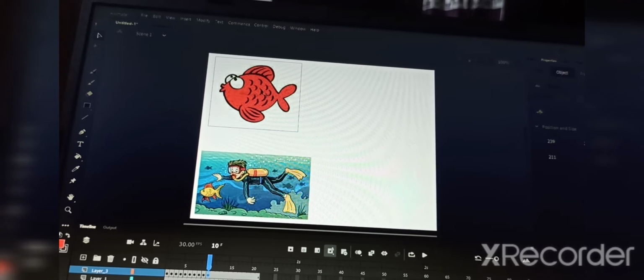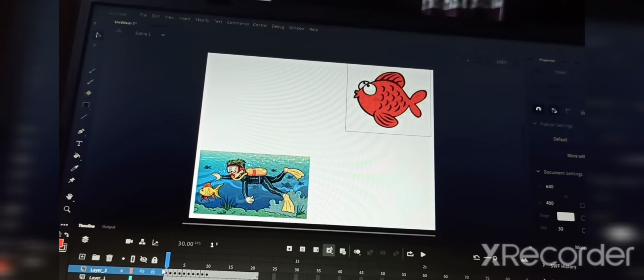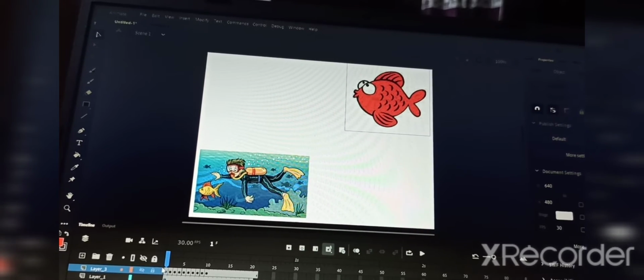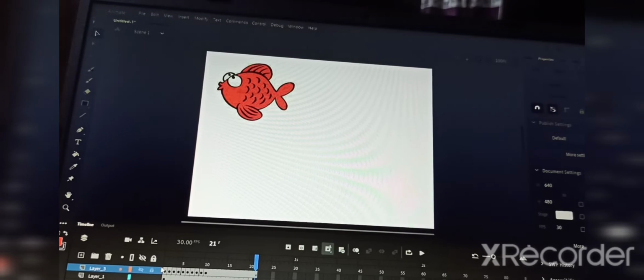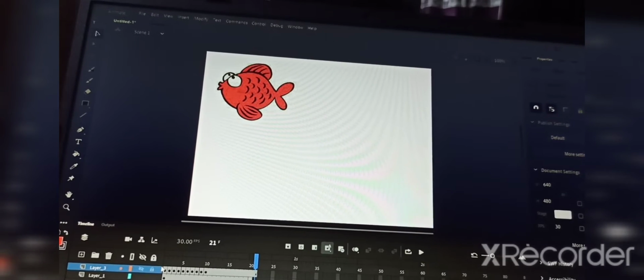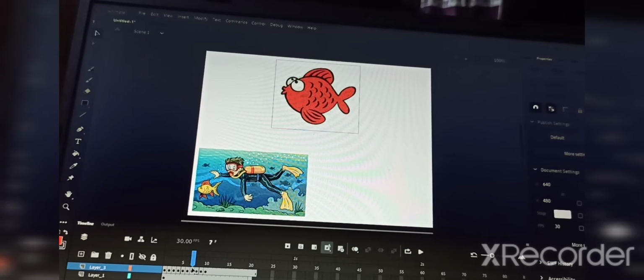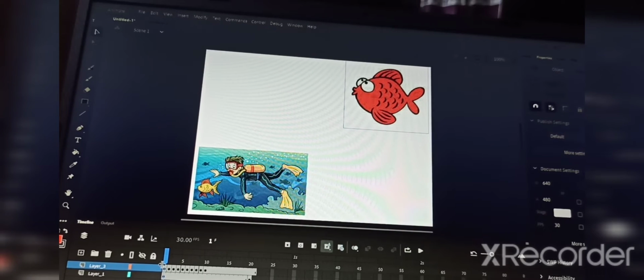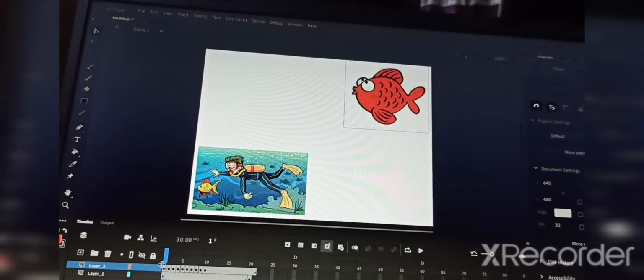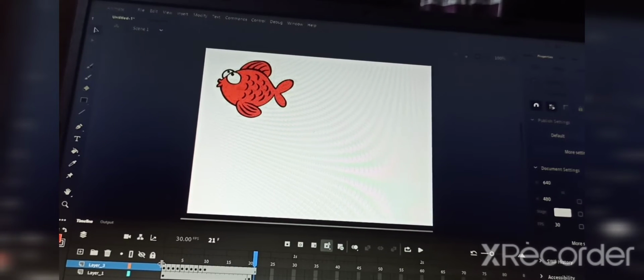Now next, just move your keyframe to the first one like this. Our image will move. Now just press the enter key. Can you see? Yes, how our fish will move? Again, you can see here, just move your keyframe to the starting number, that is 0 FPS. When you press the enter key, see, our fish will start moving. Getting like this, it will work.